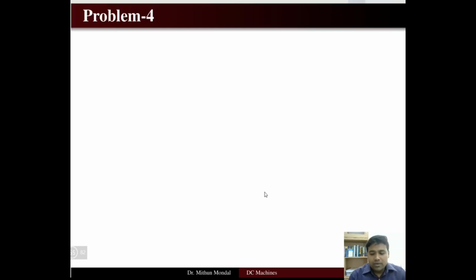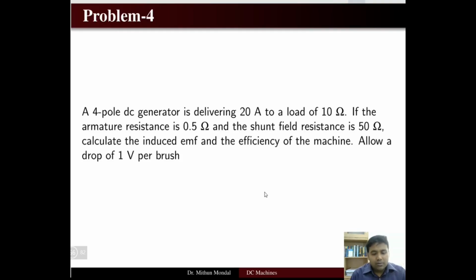So problem number 4 is, you have been given a 4-pole DC generator which is delivering 20 ampere. So here it is the load current because you are dealing with the generator, to a load of 10 ohms. So the load resistance is given to be 10 ohms. If the armature resistance is 0.5 ohms and the shunt field resistance is 50 ohms, calculate the induced EMF and